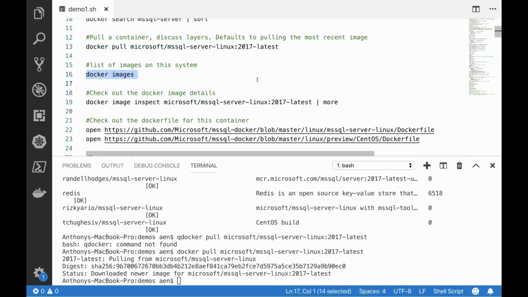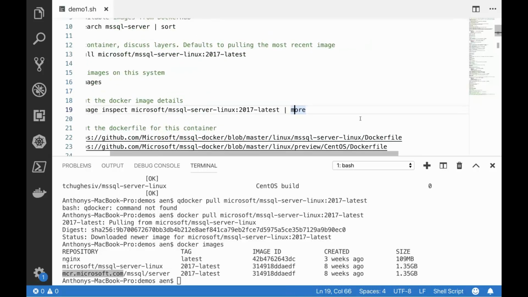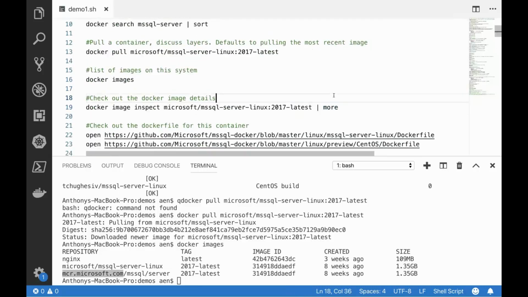And so if I do docker images, I'll get a list of all of the images that are available on my system. So here you can see I have the MCR images available on my local system, but the version of the code that I'm running at the top does not. And I'm not going to update that mid-demo because, you know why. The demo gods would be sad. So I'm going to leave that alone, and we'll work with that Microsoft image.